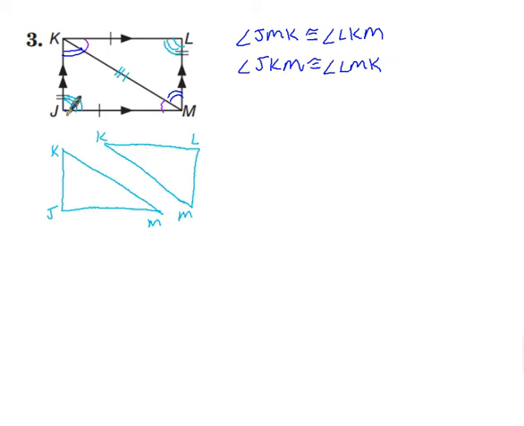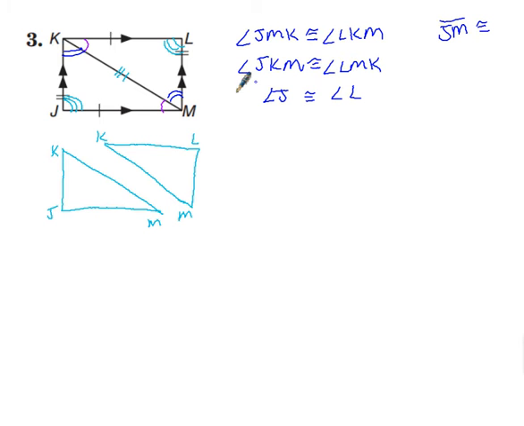And then, because this angle, if I call it angle J, does not have a way to be divided into any other angles, it's okay to just call this J and say angle J is congruent to angle L. Now keep in mind, when I wrote these, I was real careful to leave the left-hand triangle on this side, and the right-hand triangle on this side. I didn't mix up and then put angle L congruent to angle J. That'd just be weird. So over here, if I do side JM,